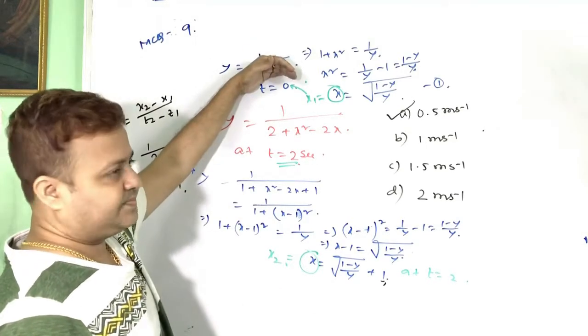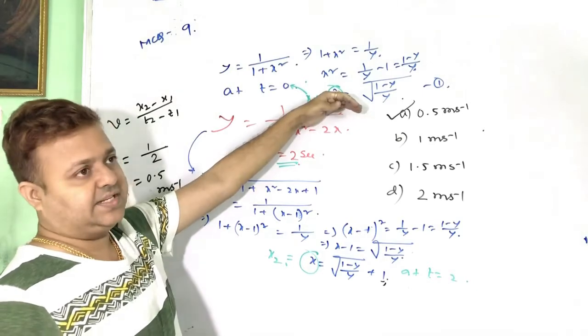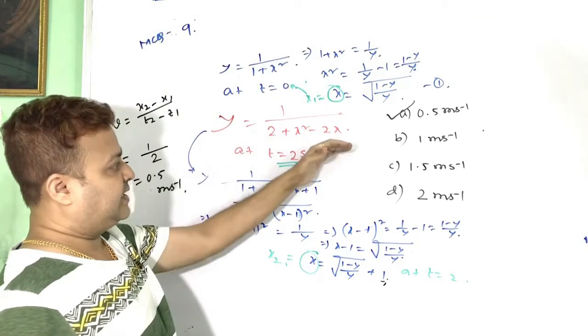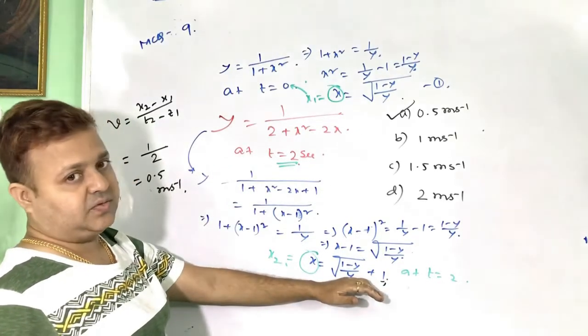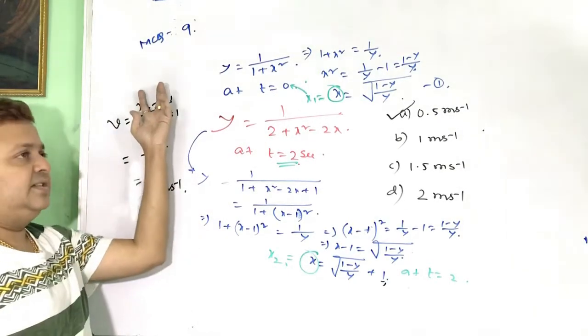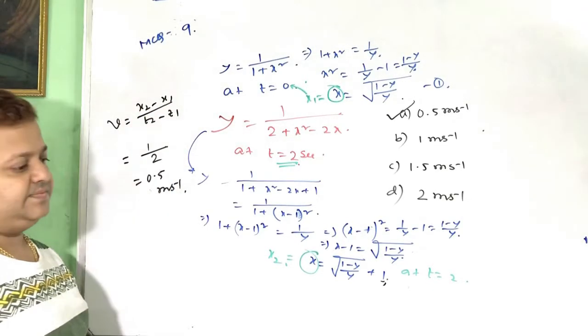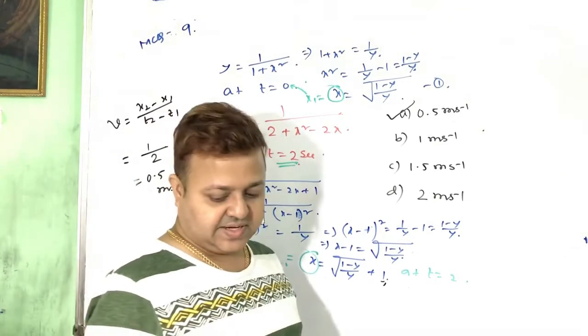তাহলে ফার্স্ট কন্ডিশন আমরা x টা ফাইন্ড করলাম, that is x1 at t equal to 0. সেকেন্ড কন্ডিশন আছে, একই জিনিস x টা ফাইন্ড করছি, that is x2 at t equal to 2 সেকেন্ড। তাহলে what is the velocity? Velocity is change in displacement by change in time. তাহলে